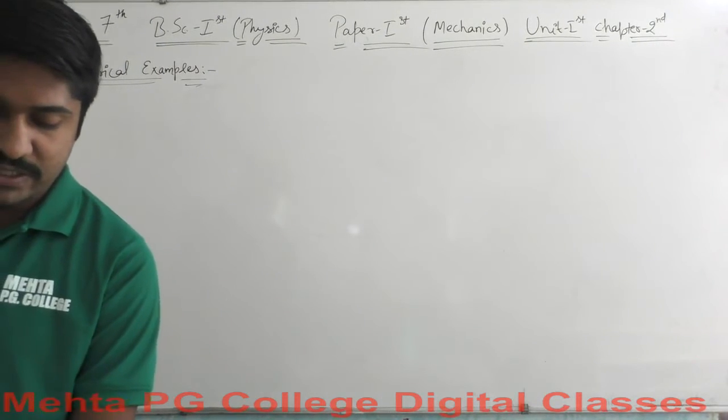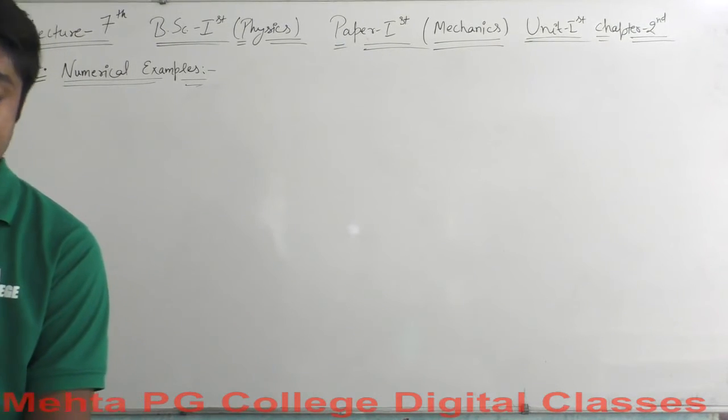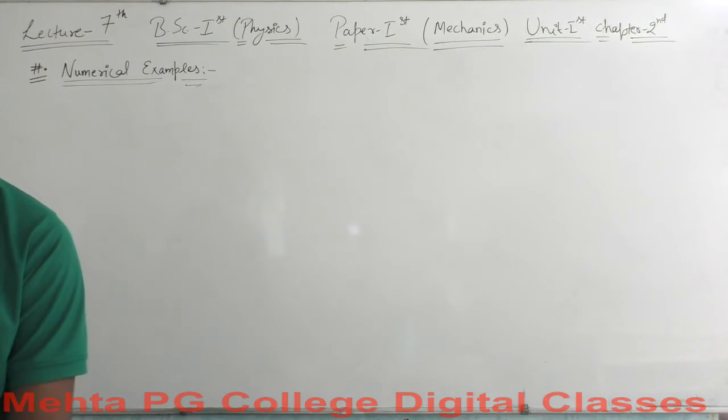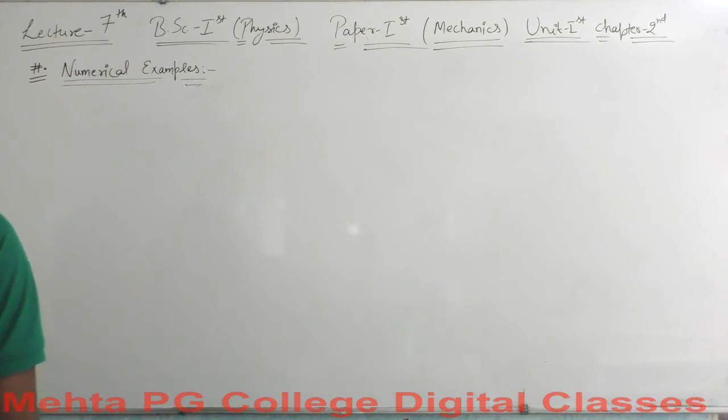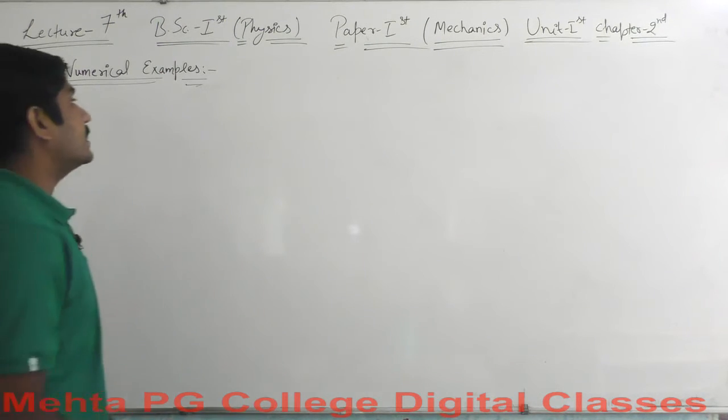Given radius of Earth is 6,400 kilometers, and acceleration due to gravity of Earth is 9.8 meters per second squared. Okay, so let's find out here. First of all, it has been said that a body of mass m experiences zero acceleration due to gravity on rotation of a certain planet. Let's say there is another planet here.